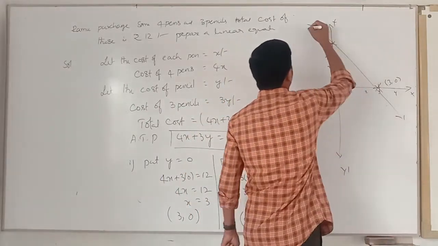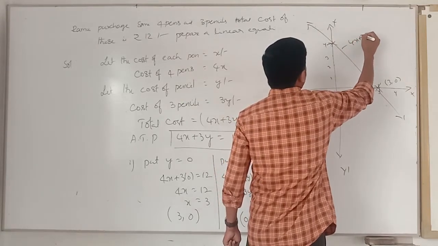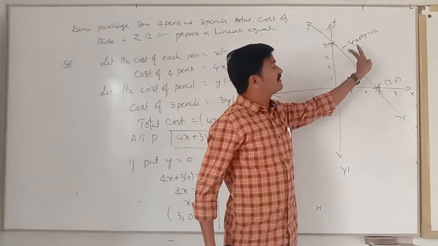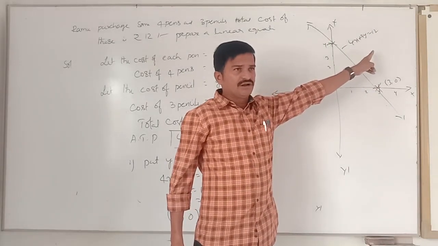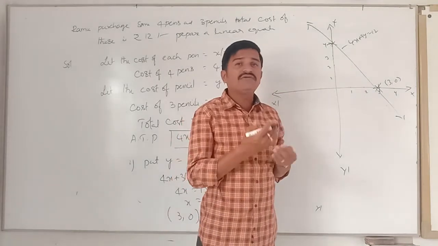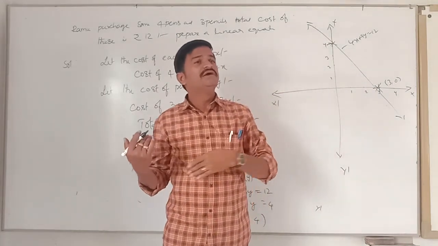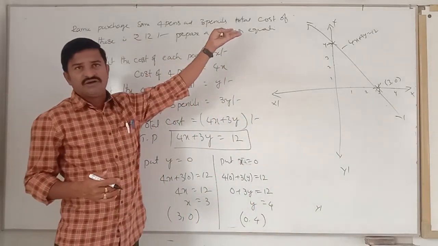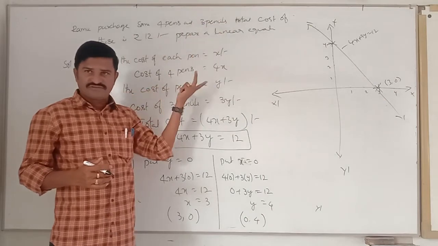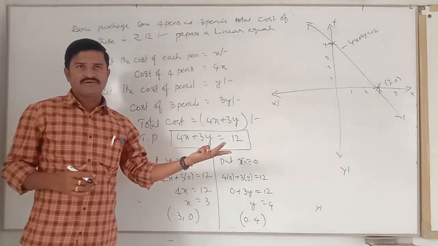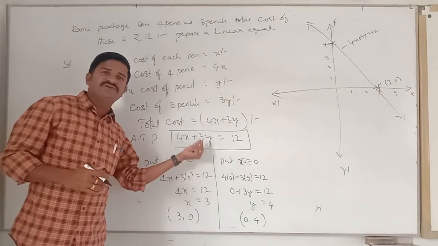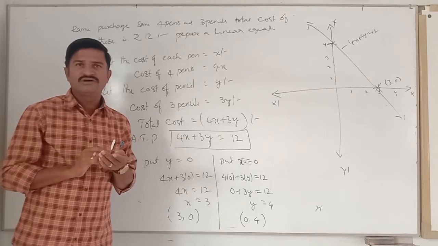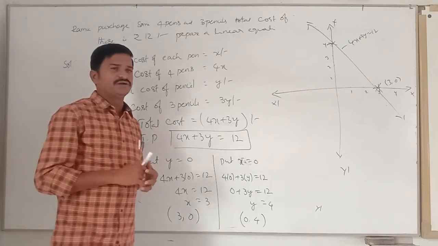Now join these two points using the scale. This is our required line, 4x plus 3y equals 12. Whatever points lie on this line will definitely satisfy the given equation. Understood or not? So what is the difference between the previous problem and this one? Previously he directly gave the equation, but here he has given a situation. We convert the given situation into a linear equation, and again follow the same process. But while preparing the points, we just changed the process for our convenience. Understood or not? Will you be able to do it or not? Come on, do it now.